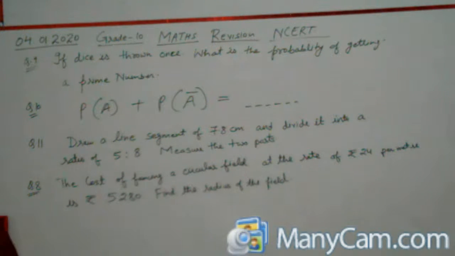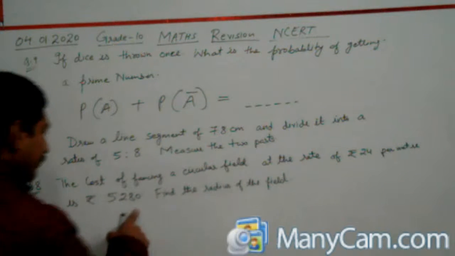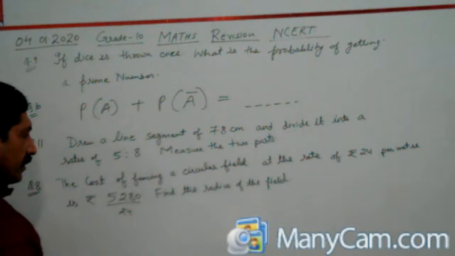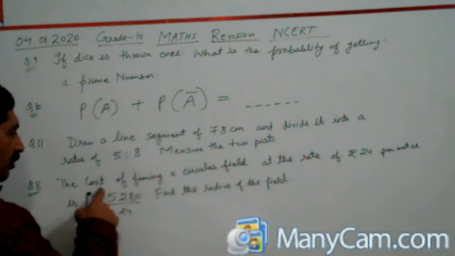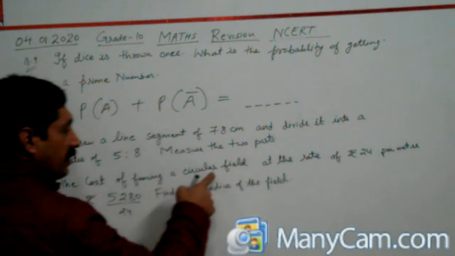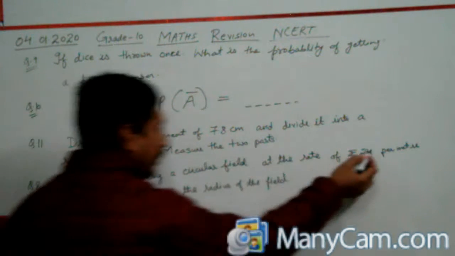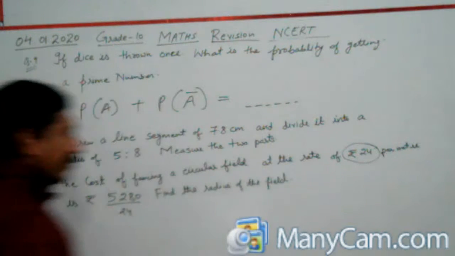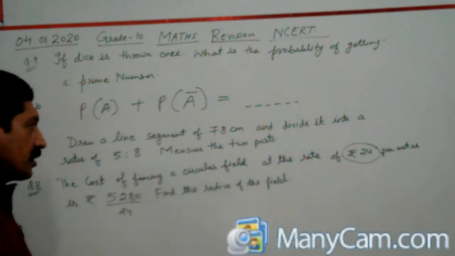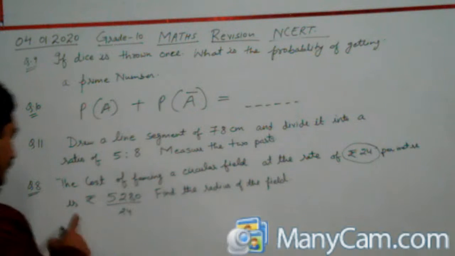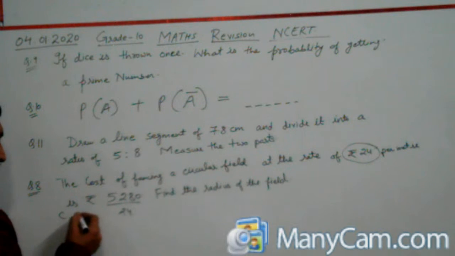35 centimeter. The 8th one. We know the rate here. When we divide, this is 24. So what we will get? We will get the cost of fencing the circular field, so that is 24, that is the per meter cost. So here, what is the circumference? Circumference, that length, that is equal to